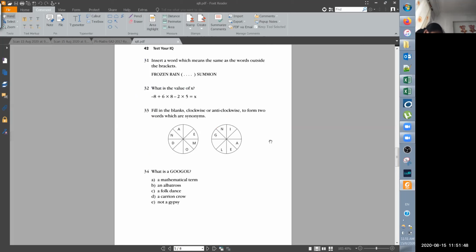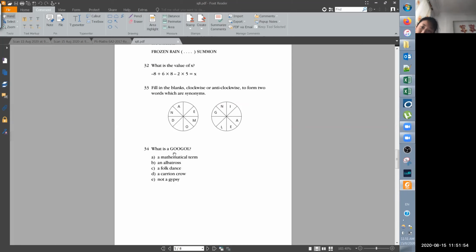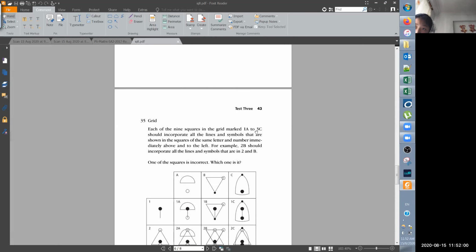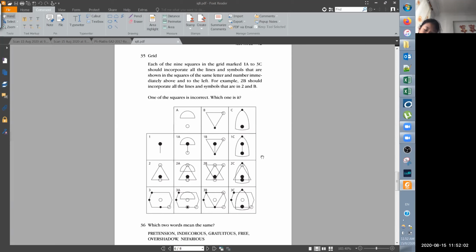33题，这是什么？Fill in the blank to form two words which are synonymous. OK，不用，英文。What is a Google? 哇，never mind, this is also English. OK, 35, 35. To C. 为什么呢？